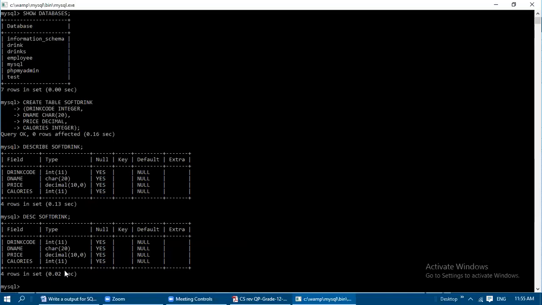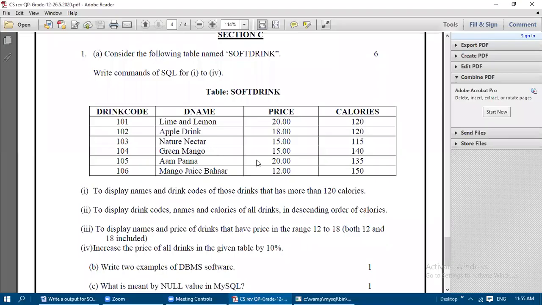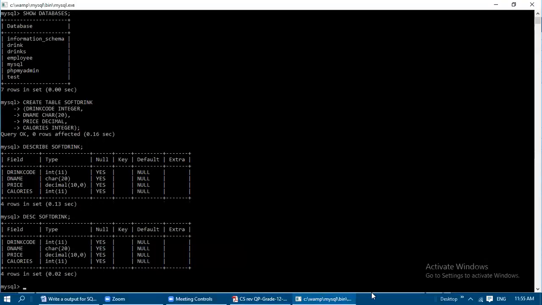So now you have understood how to create the schema or the structure of the table using the create table name command. So now we need to insert these values. See, these values we need to insert one by one. For that we need to use the insert into table name command. Okay, so let us see that command also. Insert into, and then table name is what? Soft drink,